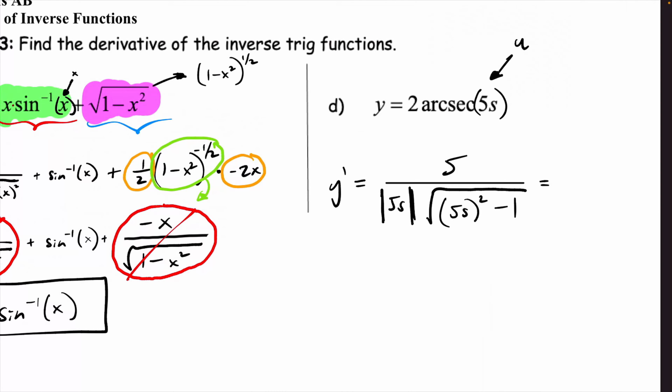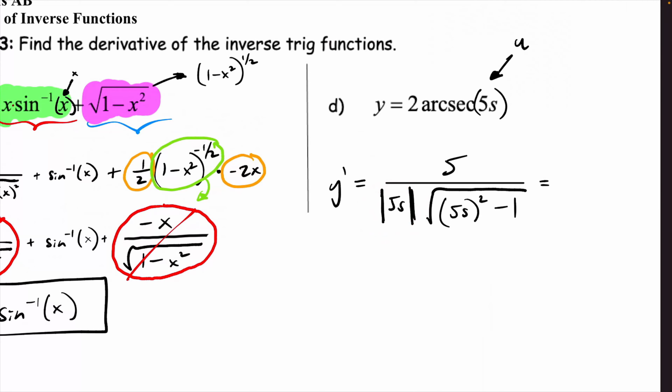Okay. So let's simplify it a little bit. What do the bars mean? What are those lines on the outsides of 5s? Absolute value. When do we need absolute value and when do we not? It matters if it's positive or negative. If you put a number inside absolute value and it's positive, is it going to change? No. The only time it changes is when you plug in something for s that's negative,